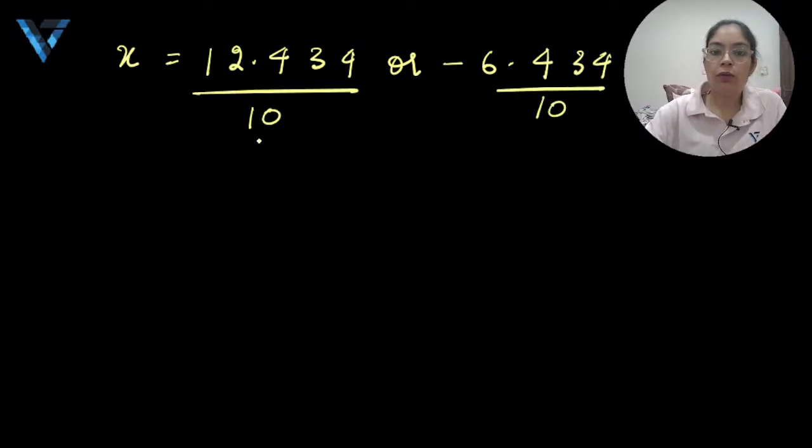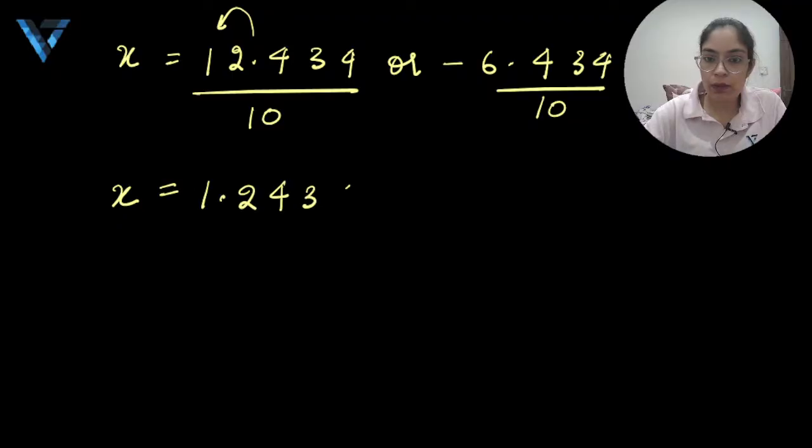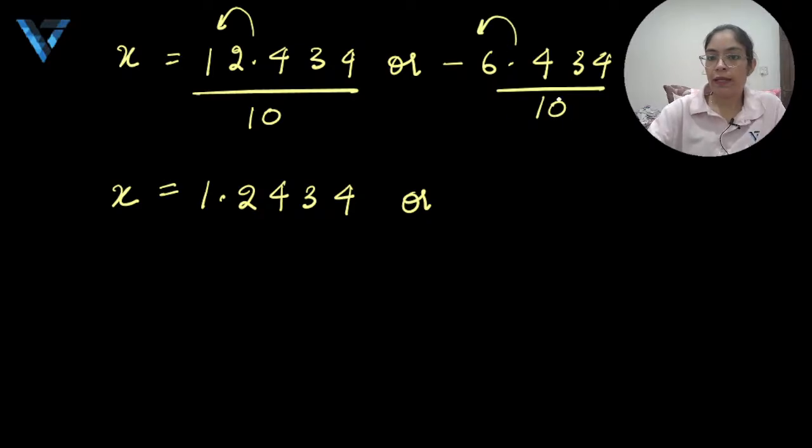Whenever you have 10 in the denominator, you can just shift the decimal towards the left side. So here you will get 1.2434, and the same thing you will do here also. In the numerator you just shift the decimal one place towards the left side. So that would be minus